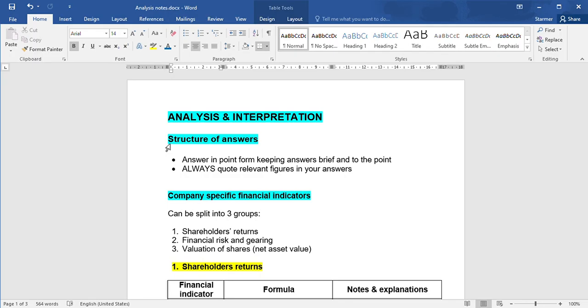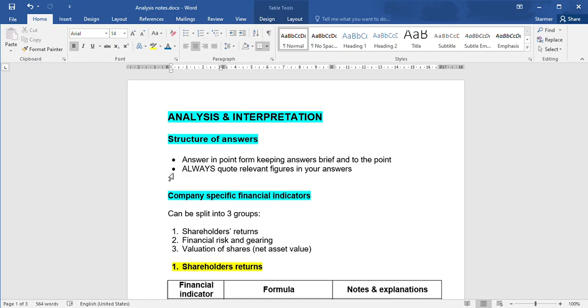When you're answering a question in an English exam, you're expected to write quite a lot for not that many marks. This is not the case with accounting. So answer in point form, never repeat the question, get straight to the answer. Even more important here is to always quote relevant figures in your answers. You get given marks for quoting figures, therefore you must include them in your answers, otherwise you will just be